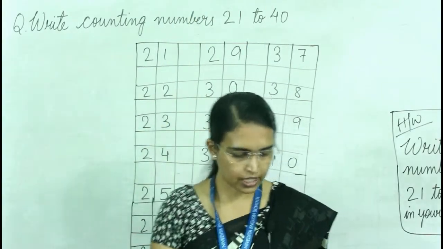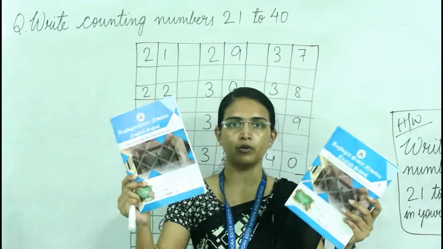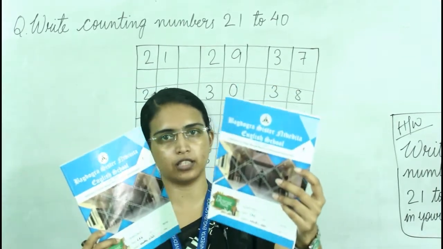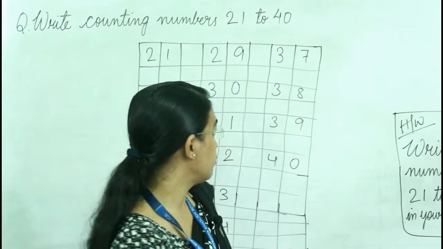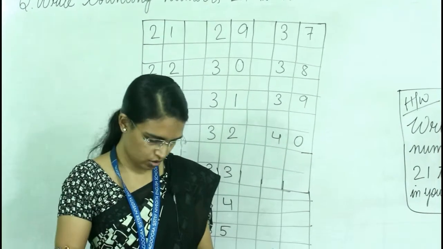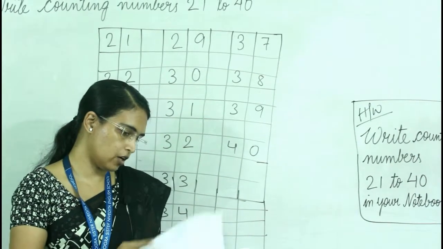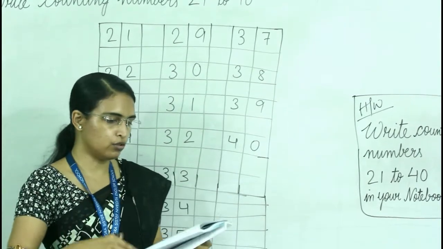Okay, now take out your notebook. You have two notebooks. One is the math HW copy and another one is the math CW copy. Now we will do in the CW copy. Okay, so take out your CW copy and in your notebook you have to write in